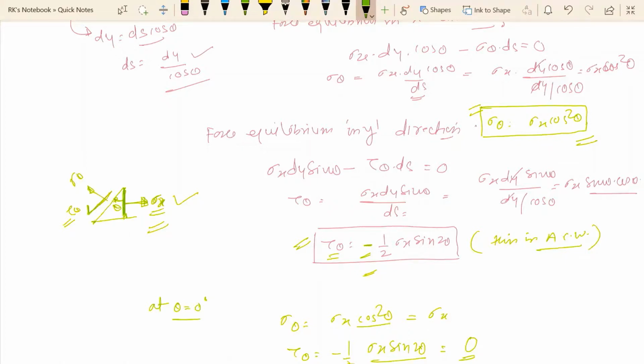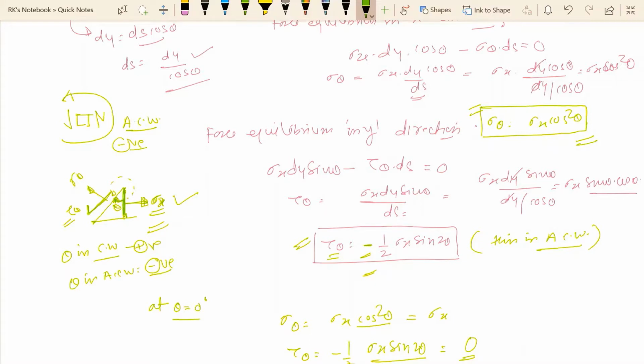So in this, the important thing is sign convention. If we measure theta in the anti-clockwise direction, then this is negative. If we measure theta in the clockwise direction, then theta in the clockwise direction is positive, and theta in the anti-clockwise direction is considered negative. And tau which is trying to rotate the component in the anti-clockwise direction, something like this, we consider this type of pair of shear stress as negative.